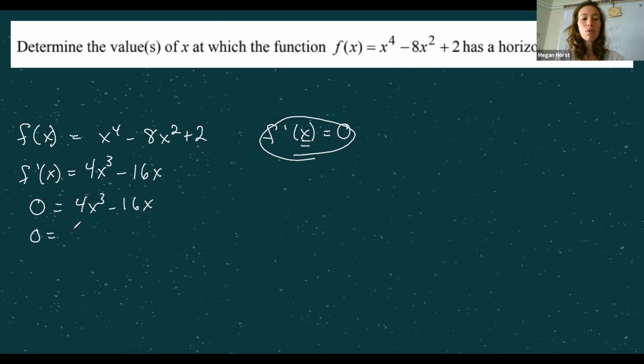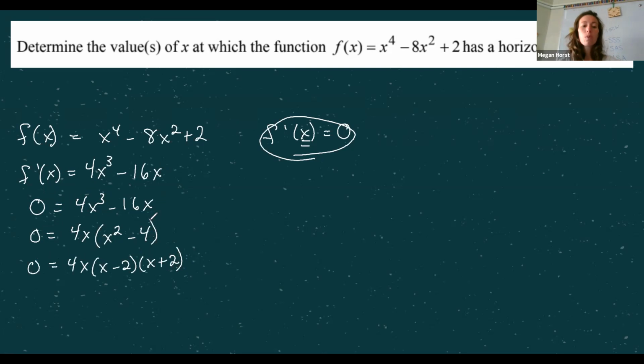So I'm going to take out a 4x because that's my greatest common factor. If I take a 4x out of this, I'm left with x squared. If I take a 4x out of this, I'm left with a negative 4. So now I have 0 equals 4x times, and this is the difference of squares, x subtract 2, x plus